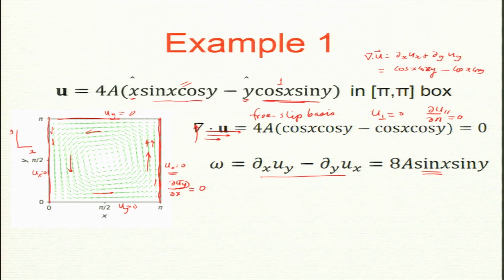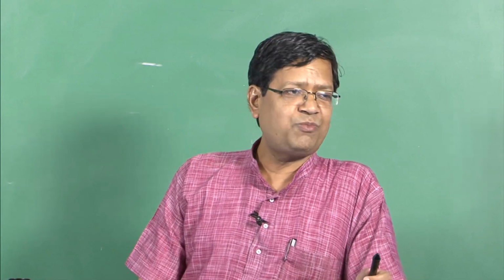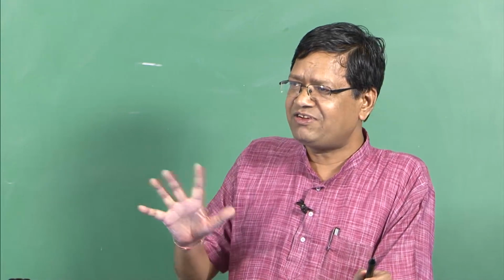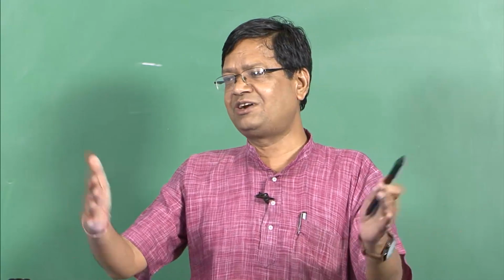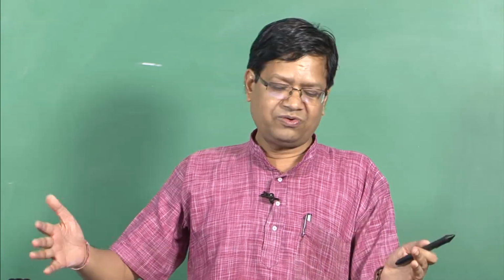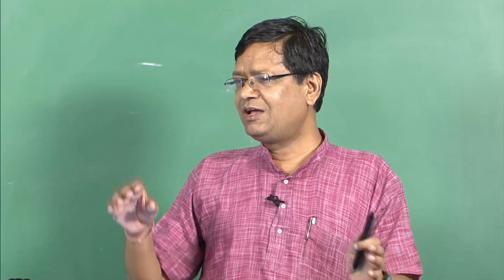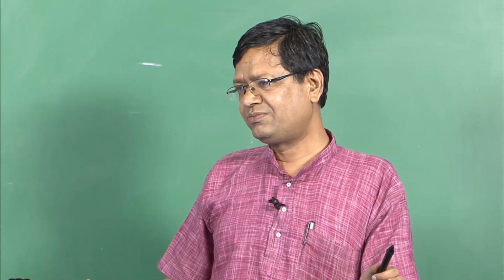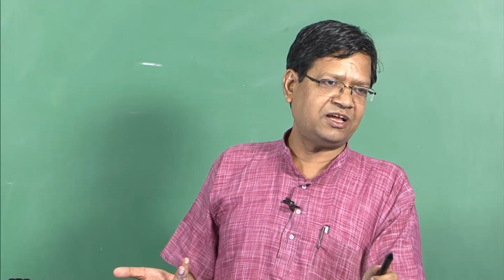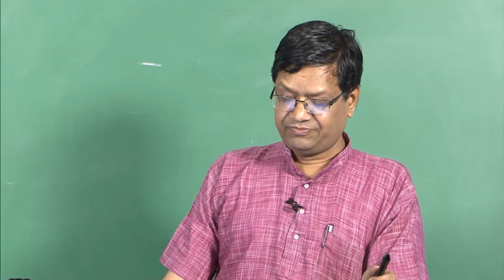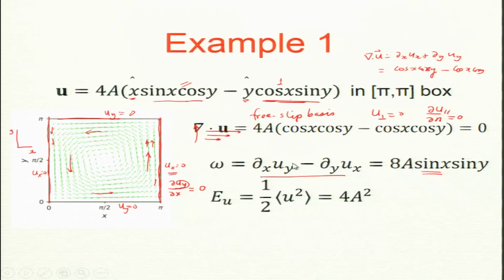U squared by 2. Now, I want to compute the average energy. So, this is an important quantity which we want to compute as an average, because if I make a bigger box then my energy will be more. No? So, in my notes at least I say, well, let us compute average kinetic energy, meaning energy by volume. Now, it will be area, it is 2D, so it is area. So, let us do one of the terms.